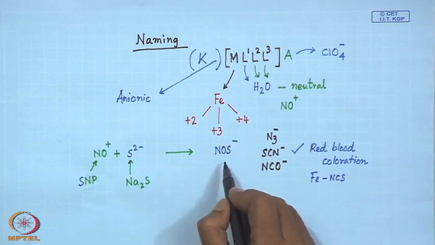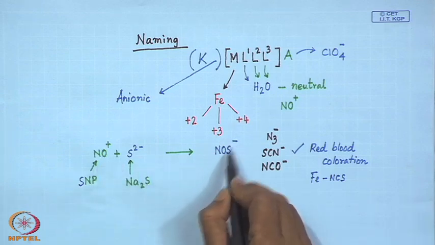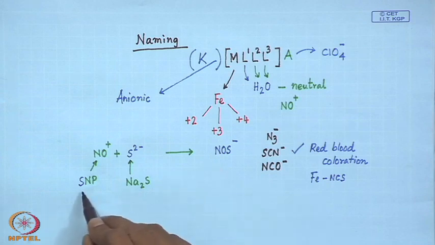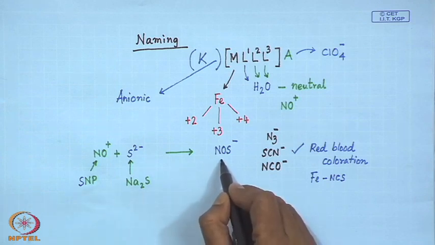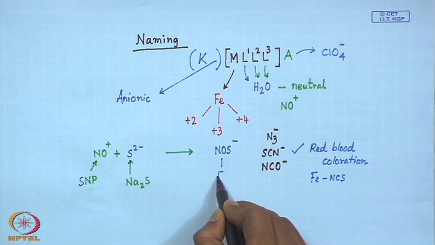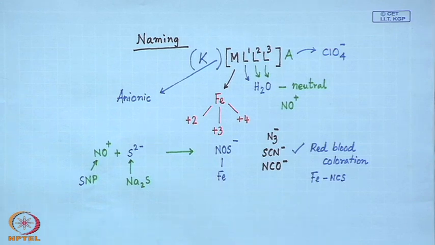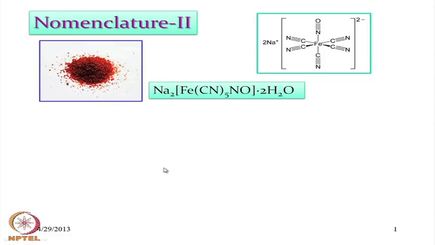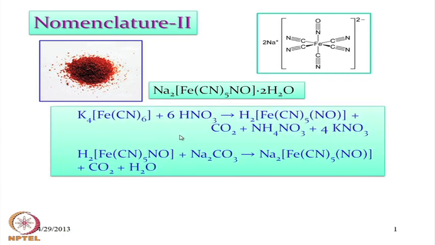Similarly, here also the in situ generation of NOS minus from sodium nitroprusside, which is still bound to the iron center, gives a corresponding color change. We get a violet coloration from a change of the red color of sodium nitroprusside. So, we see how we can name this particular compound, and we can also see how this compound